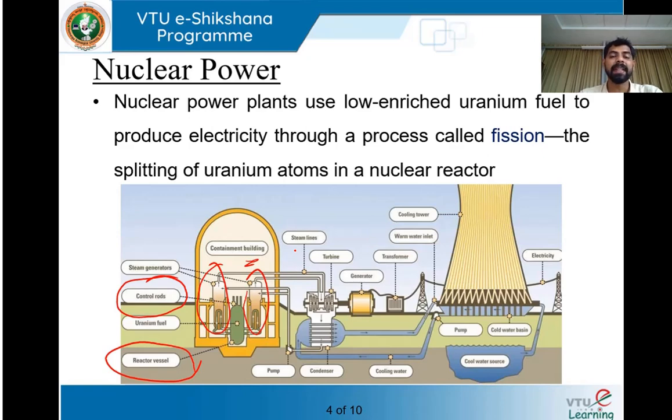Once it releases the heat, it is absorbed by the water stored in the steam generator. Since an enormous amount of heat is generated, it is sufficient to convert all this water into steam. The steam is stored at the top of these steam generators. Through these steam pipes or steam lines, we take out high pressure, high temperature steam to the steam turbine. You can see this is the steam turbine. So high pressure, high heat or high enthalpy steam is taken. Enthalpy is nothing but heat content.